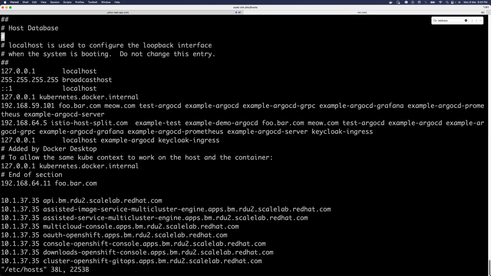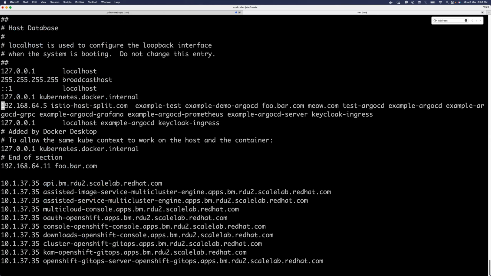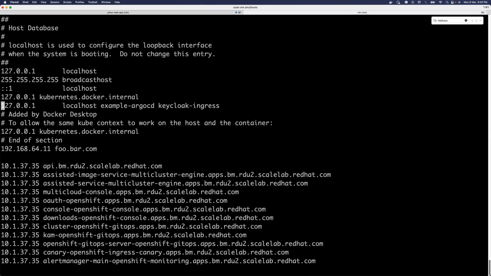Okay, so did I make any mistake here? No, there is no mistake. There are some previous entries. I have to delete these entries. Okay, right. Perfect. So in some time, what you will notice is when somebody tries to reach this specific foo.bar.com,